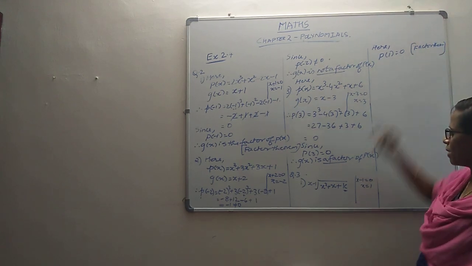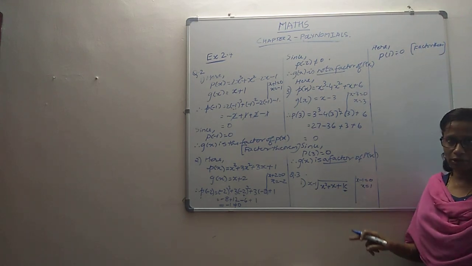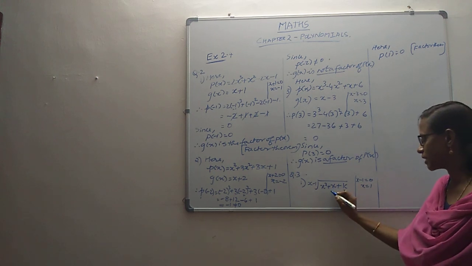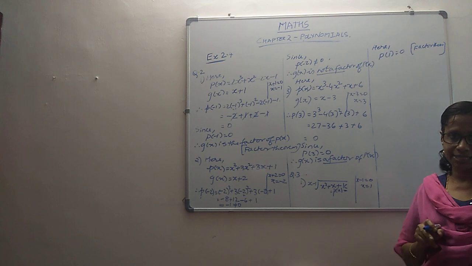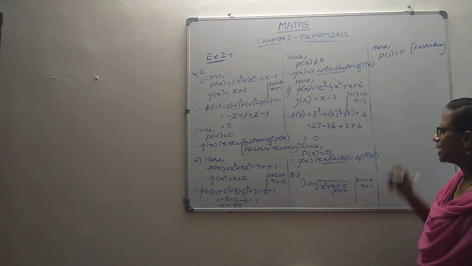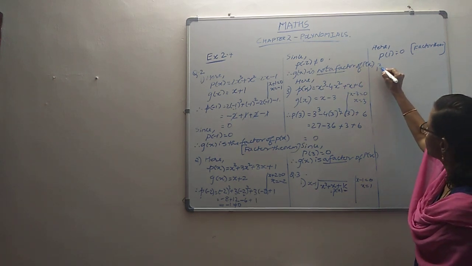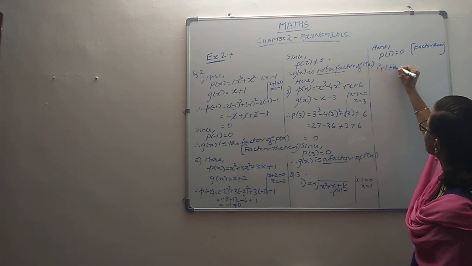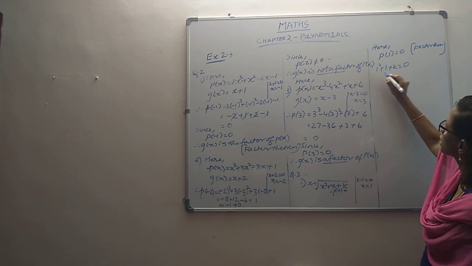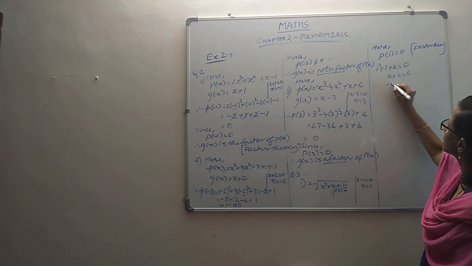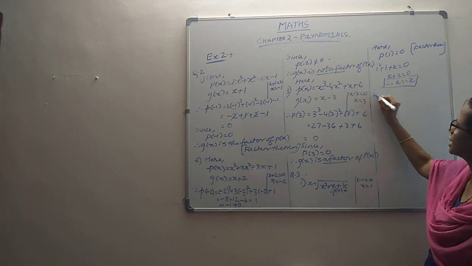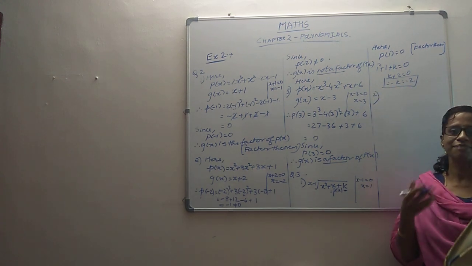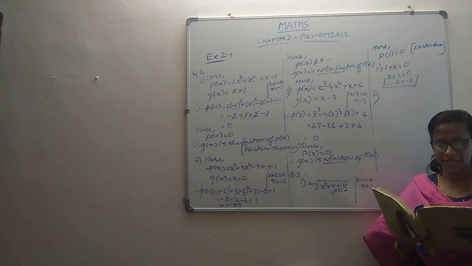And p of 1, when we try to substitute in the given p of x value, this is our p of x, it's being given in the question that this is p of x. So p of 1 means wherever x comes, there we are substituting the value as 1. Like that, this comes to 1 squared plus 1 plus k equal to 0. 1 squared plus 1, 2, k plus 2 equal to 0. The k value becomes minus 2 in the first case. The value of k is minus 2. So every time we have to find out the value of k, and it comes to minus 2.